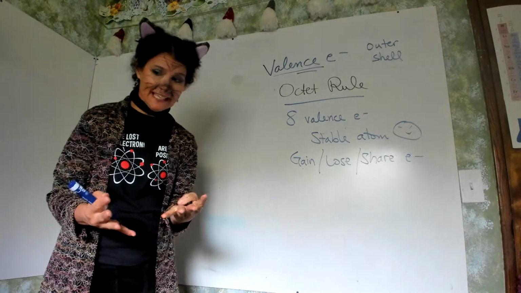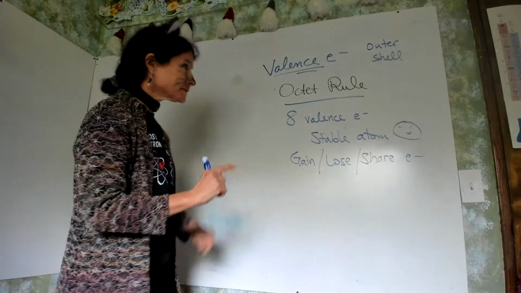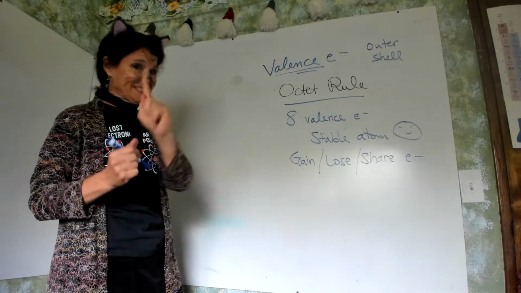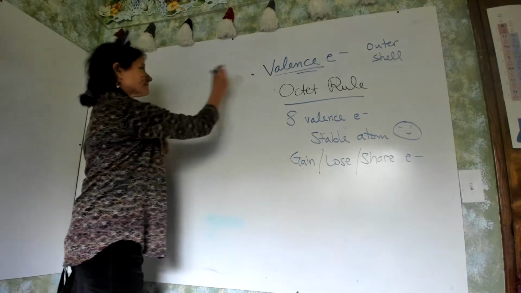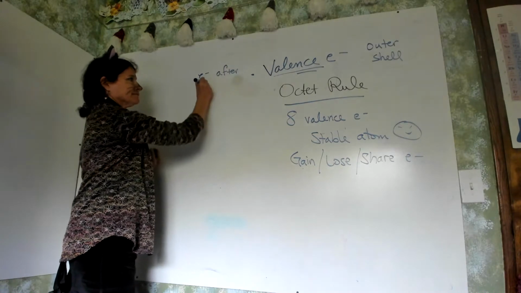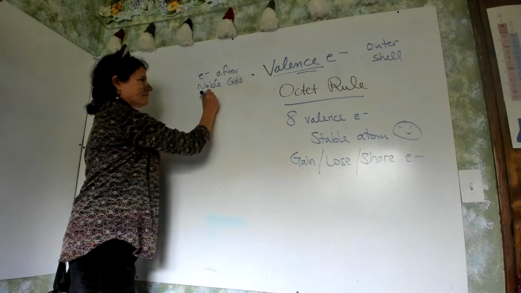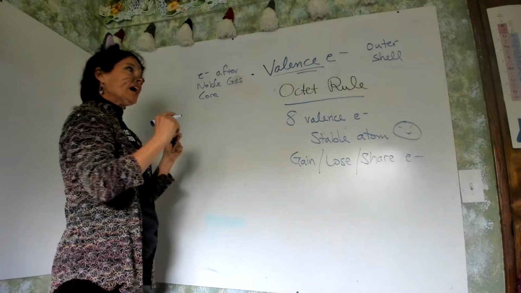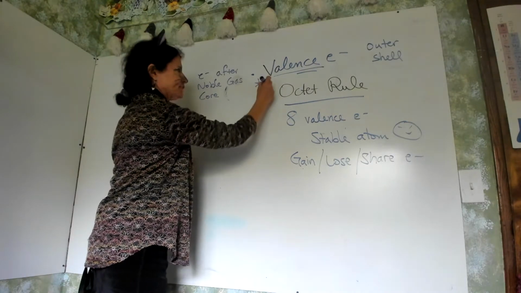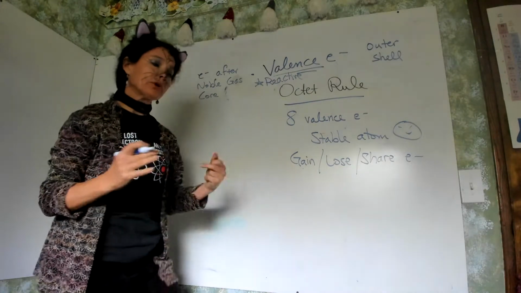In your periodic table, or actually if you have the notes, I put a periodic table at the bottom of those notes for a reason. And that is, we did the valence electrons as the electrons after the noble gas core. So these are the ones that react. Valence electrons are reactive, and they determine an element's chemical reactivity.